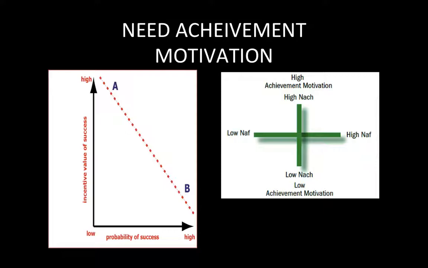need to avoid failure. On this diagram, John would be somewhere in the middle because he has a need to achieve because he wants to do well in his swimming and a need to avoid failure personality because he has stopped when he couldn't succeed and wasn't as good as his classmates. There are ways to improve John's need to achieve and decrease his need to avoid failure, which would cause him to become more motivated in his swimming.